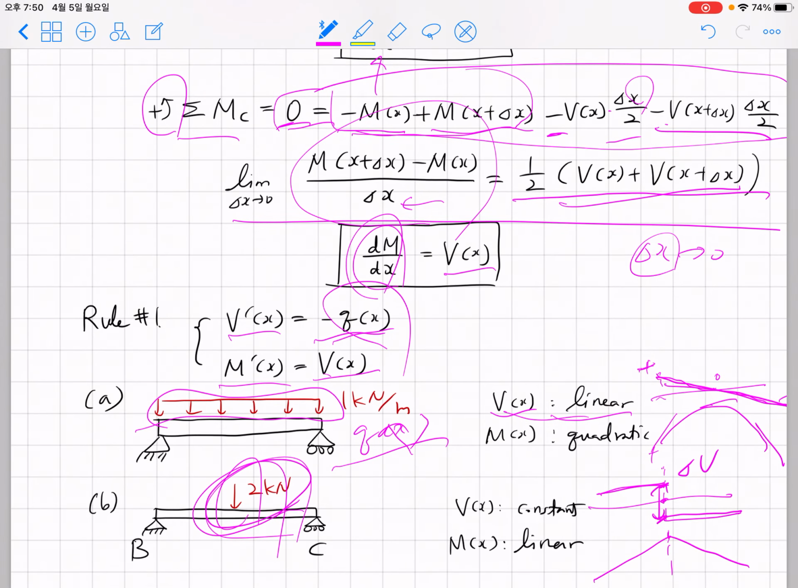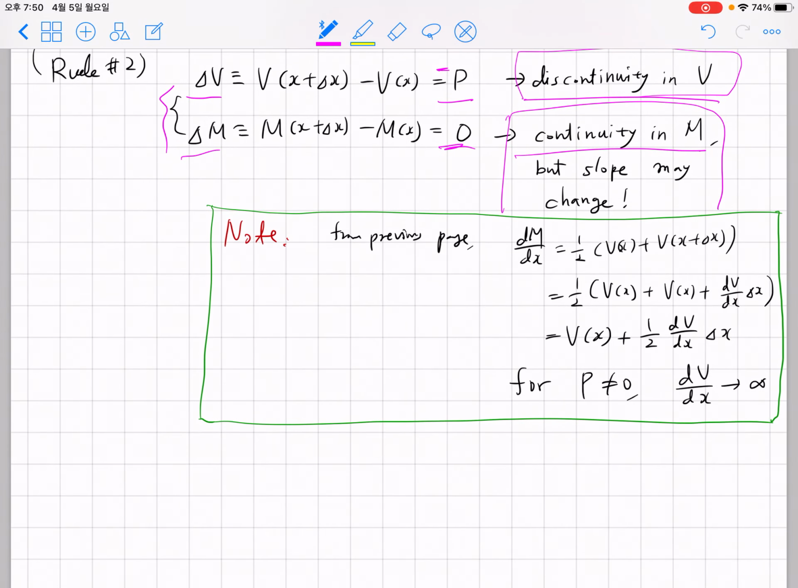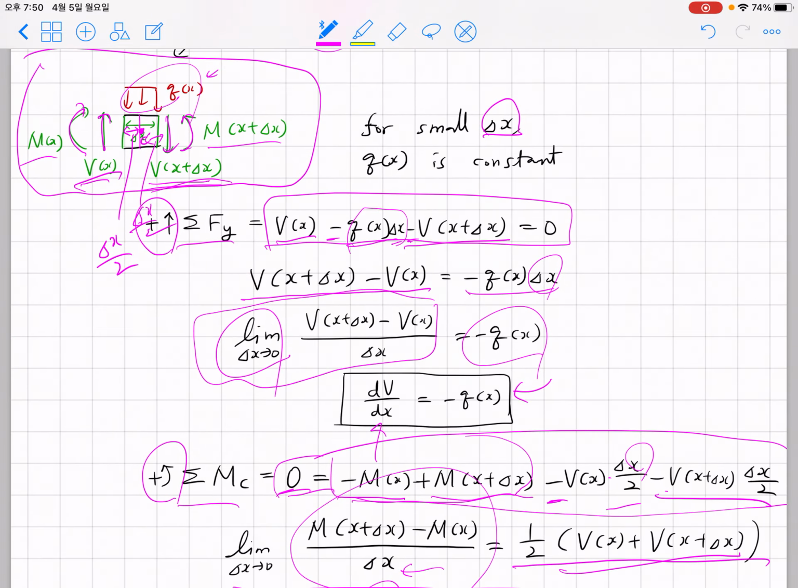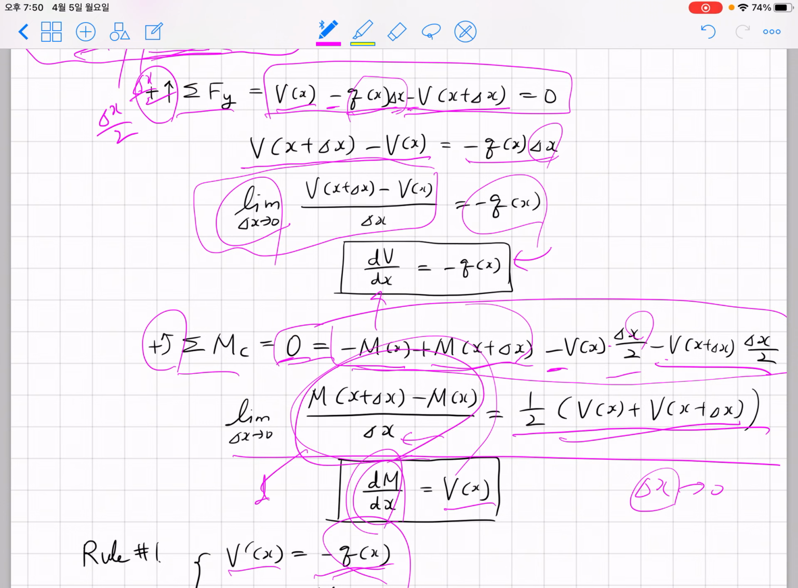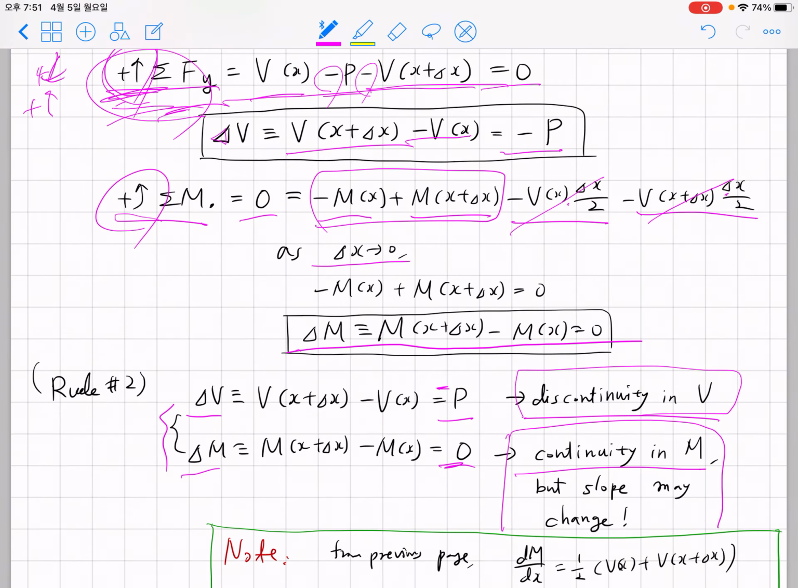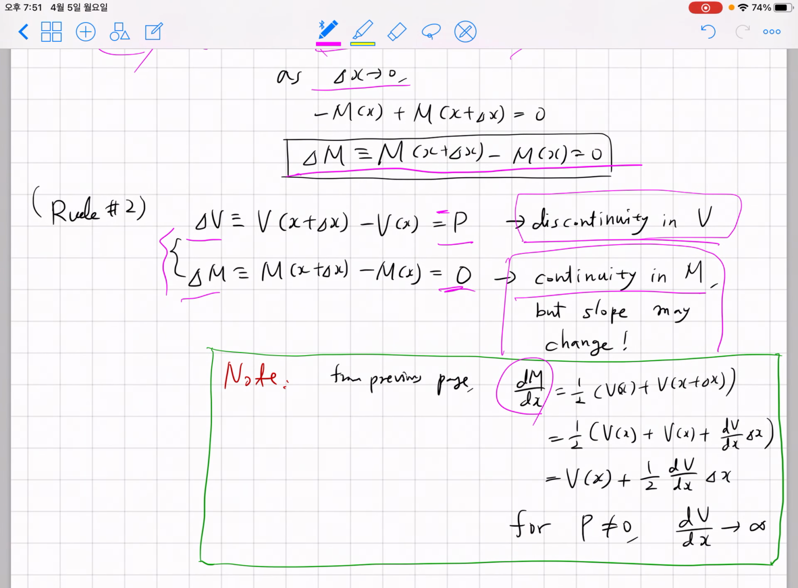What you can see here is, the slope changes from a positive number to a negative number without going through zero. Okay, you suddenly see a jump in slope, and why is that? From the previous page, this is dM/dx. This is half of V(x) plus V(x+Δx), and what you can realize here is it's the same as V(x) plus dV/dx times Δx. If you plug in this relationship,